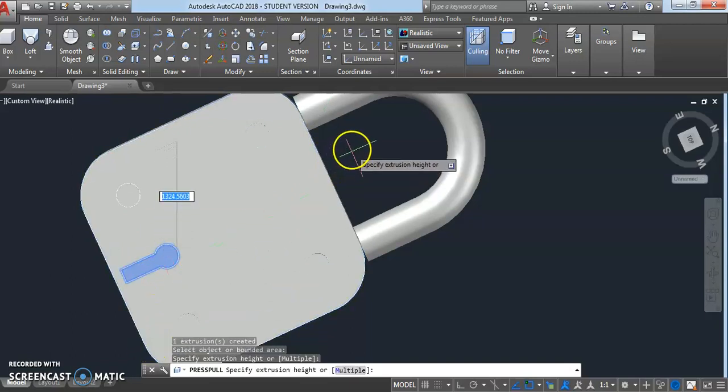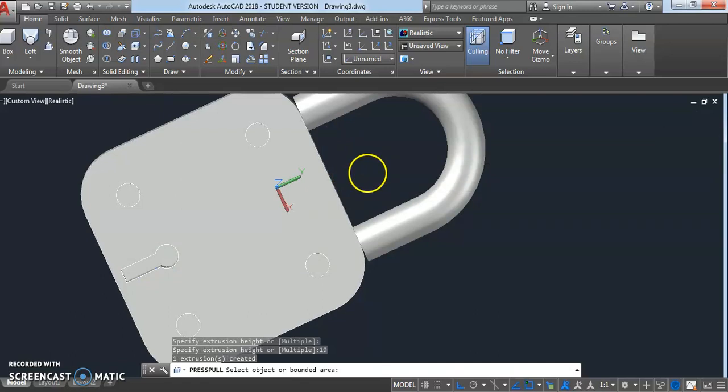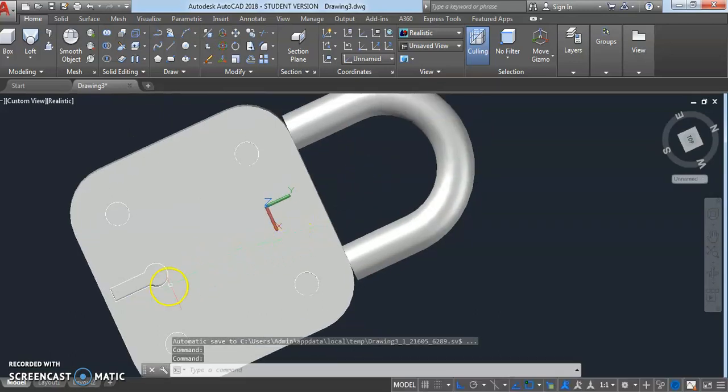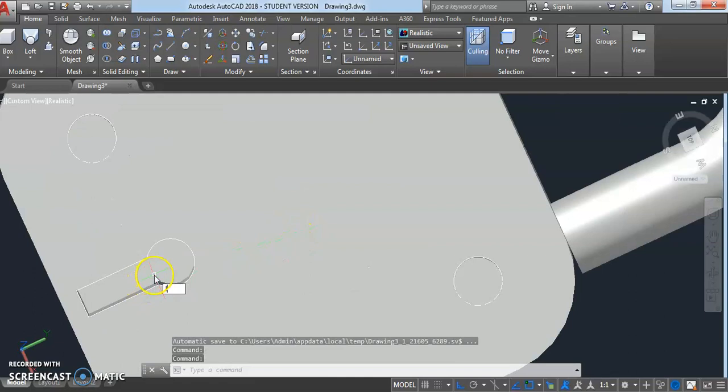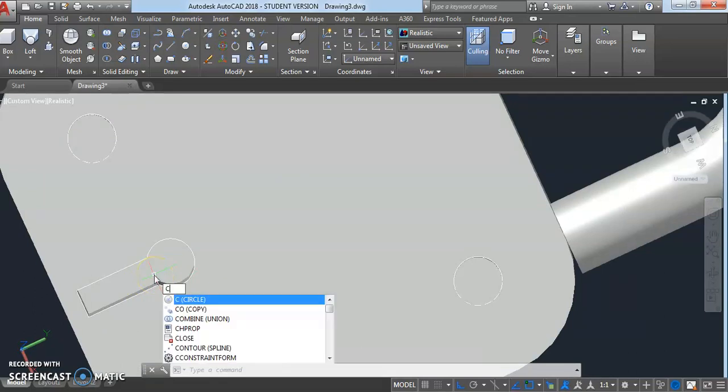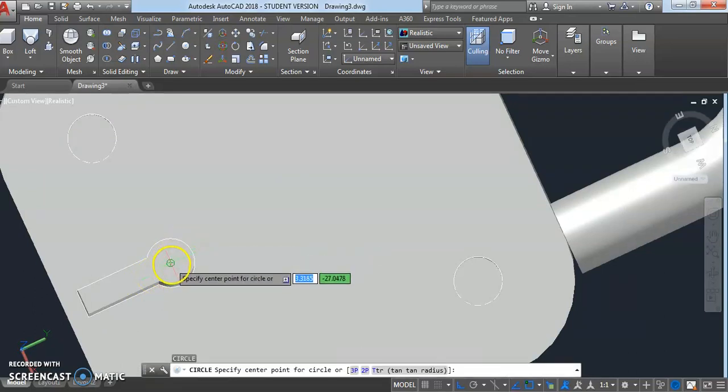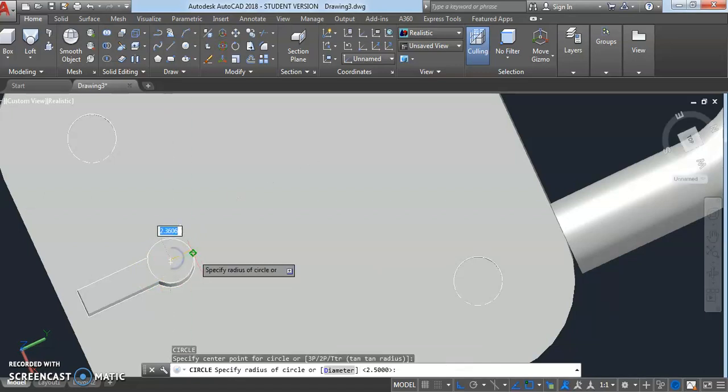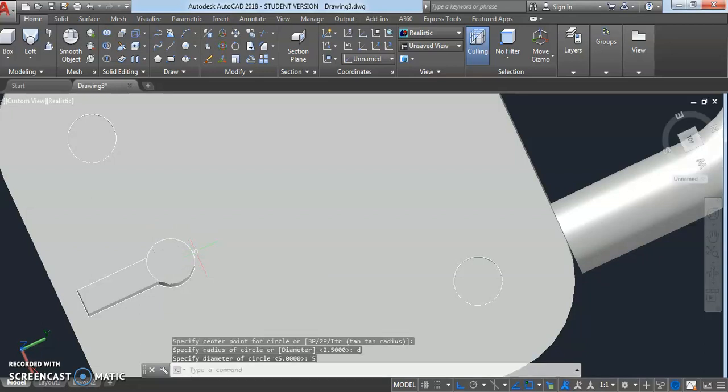This one outside the curve, here, sorry, here. Then on the circle, I do C, enter, same diameter, enter, 5.